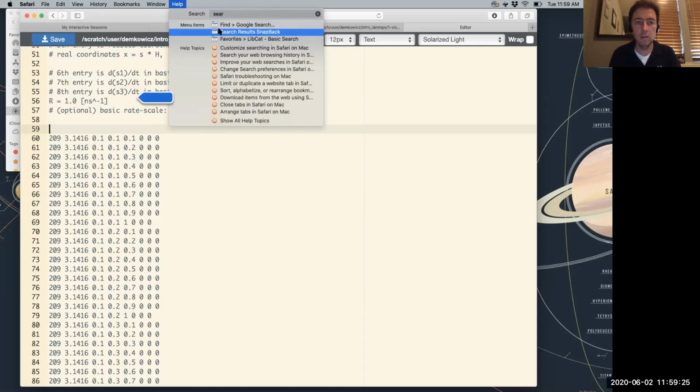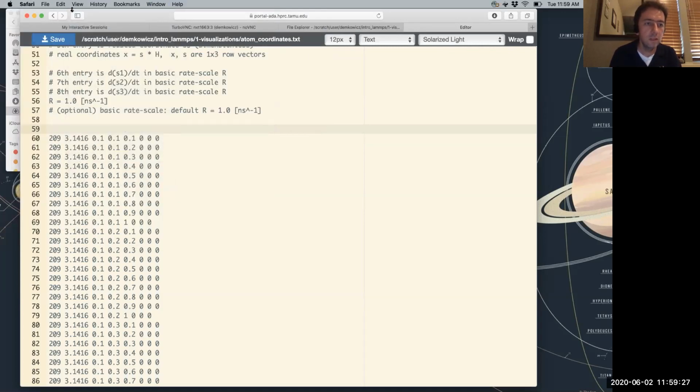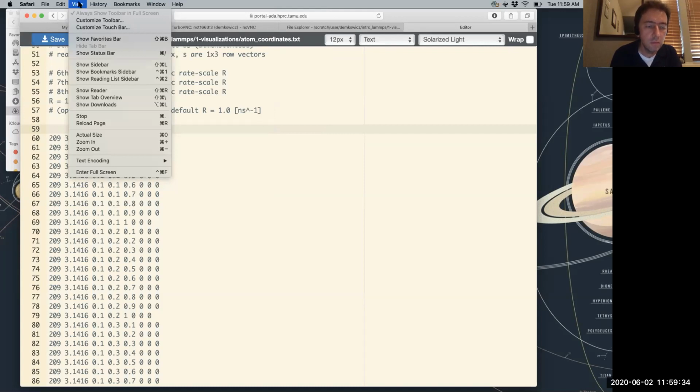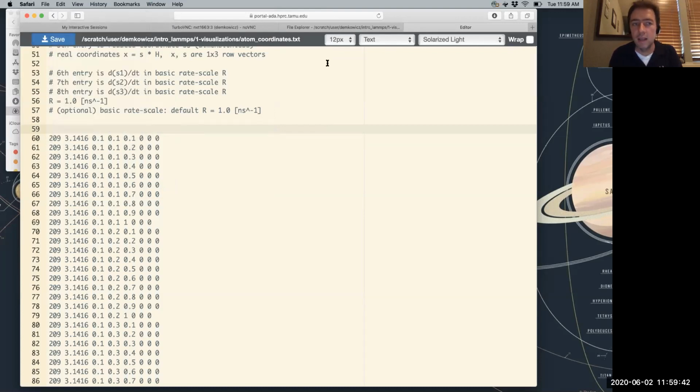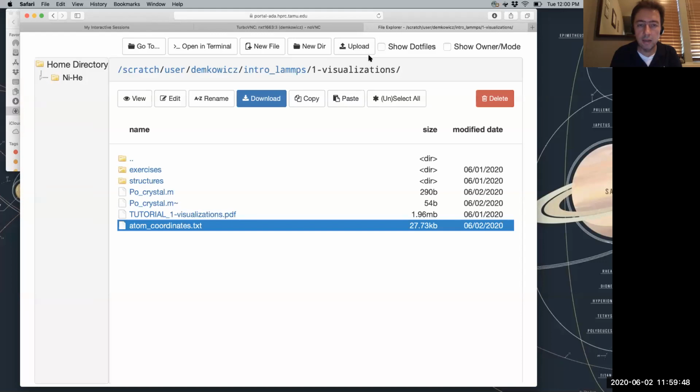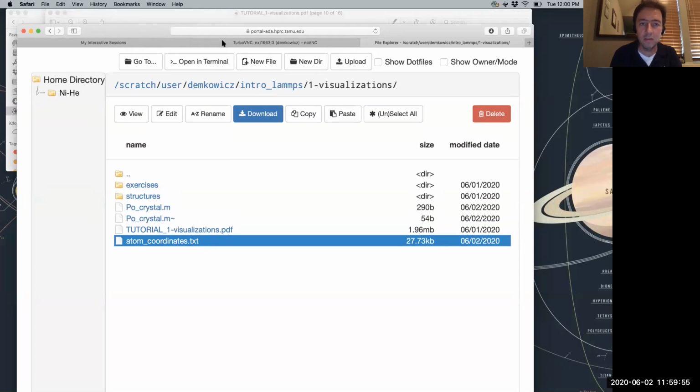Find, search, no. Maybe it's not gonna let me search. That's okay. I'm just gonna save this. Okay, so it's saved. I think I can visualize it even if I keep it as pi. It's just that all the atoms are gonna show up as pi when I do atomize.